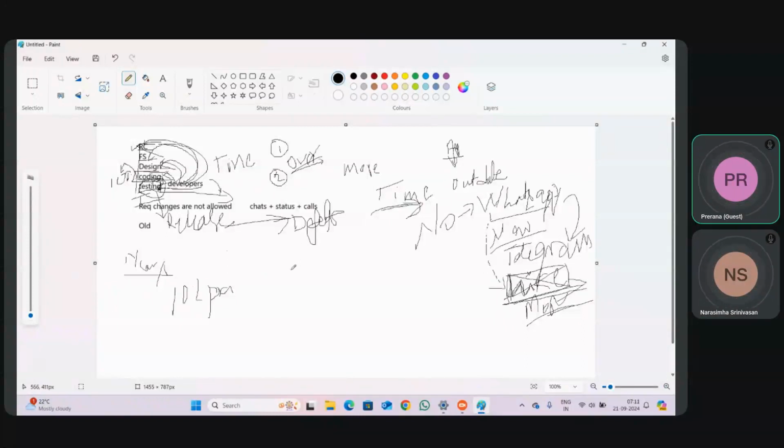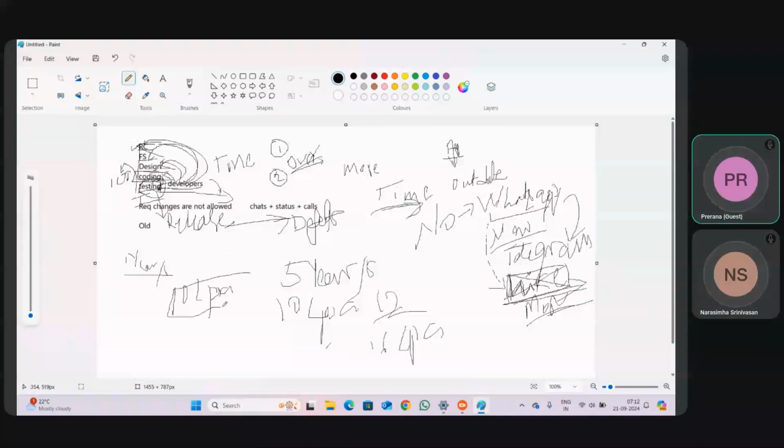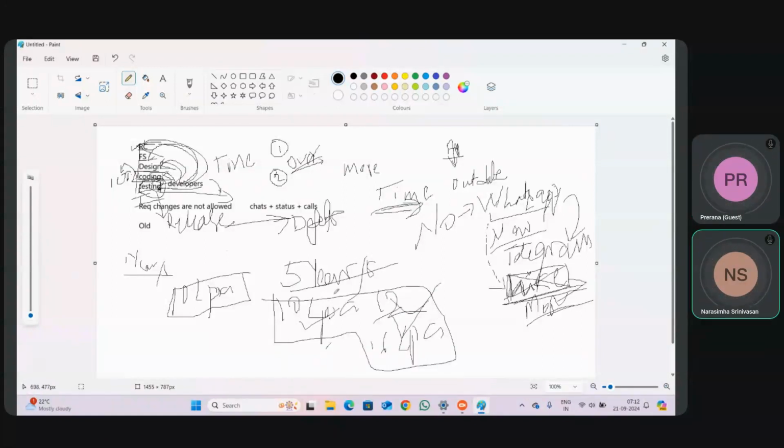One year. Assume the application went for 5 years. First year was 10 LPA. Second year, you will expect some hike, so you need to make it 12. Later, within 5 years, let me take 16 LPA. The same work you can do within a year, and you are taking 5 years to do that, and also the cost will be coming more and more. More time, more cost. So this is what we call the drawbacks of your waterfall model.